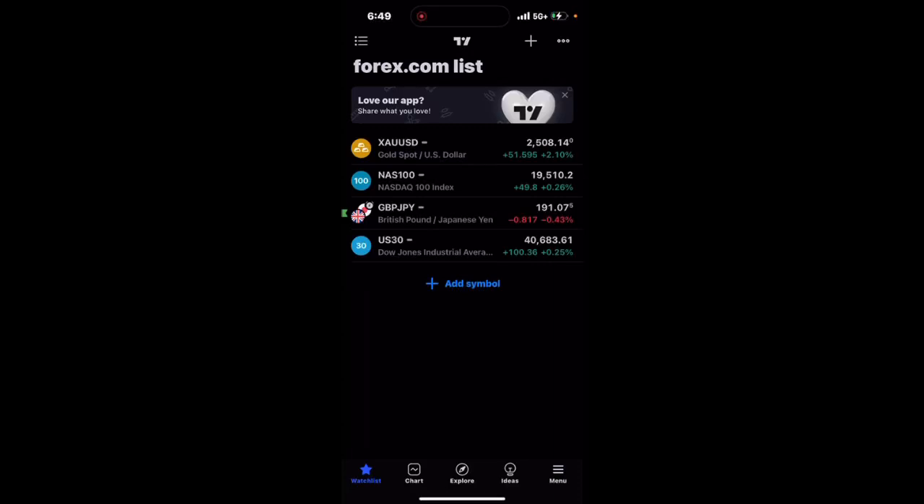So today we're going to be doing a tutorial and full review of TradingView.com, but we are going to be doing a mobile tutorial today. So the page you currently see me on is going to be the one that's lit up in blue, and this is my watch list that I've named Forex.com. These are the 4 pairs that I like to look at. So I'm just going to click on one of them,